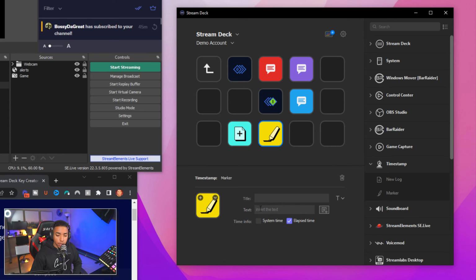So what you want to do is for text, you want to scroll down and you want to do hour, and then you want to put the two little dots. Then you want to come down and you want to select minutes, and you want to put the two little dots again. And then you want to come down and you want to put seconds,